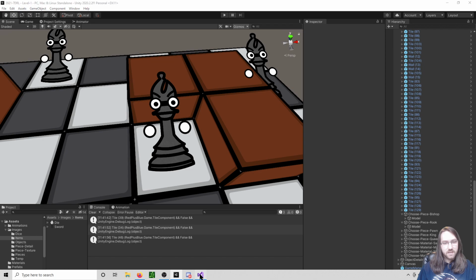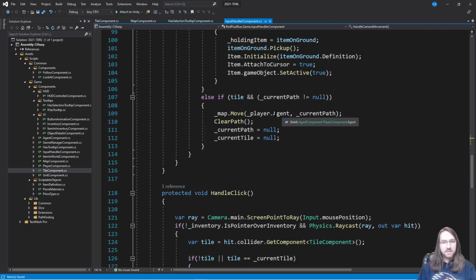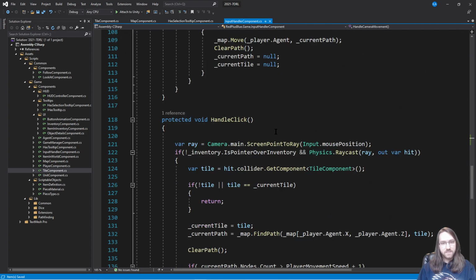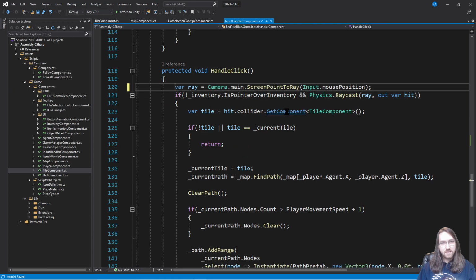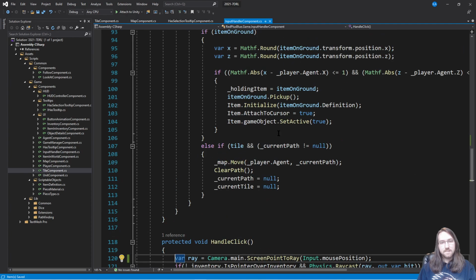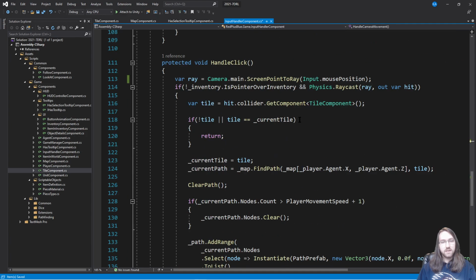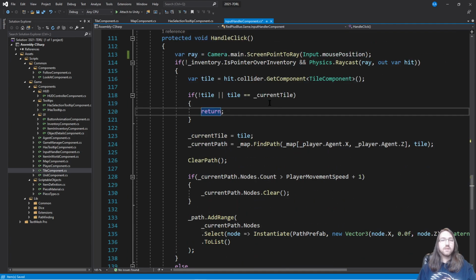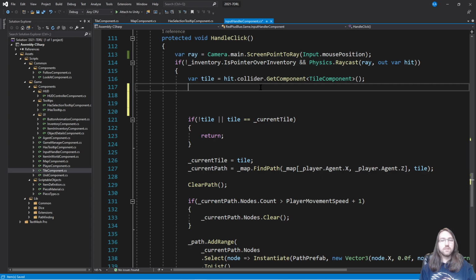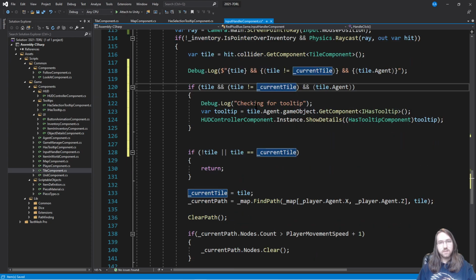Oh, right, because I'm an idiot. All right. This is with the mouse button down. Okay, right. This is not where this check needs to be. It needs to be in here. Yes, okay. All right, so we need to grab all of that and move it. All right, that's fair. So if not tile or tiles equal to current tile,